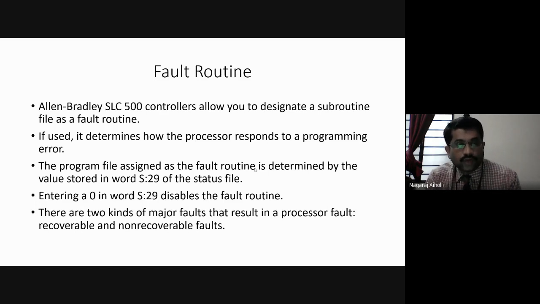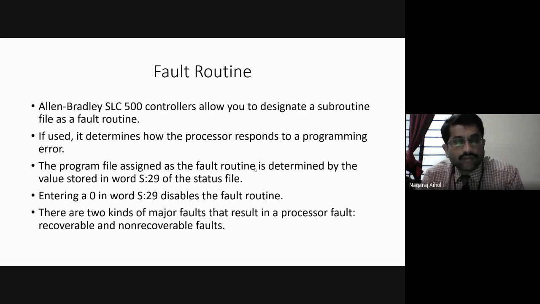There are two types of fault routines here. One is called a recoverable fault routine, another is called a non-recoverable fault routine. Recoverable means that we have analyzed the response of the PLC program for the fault which we introduced purposely, and we can easily repair that fault and overcome it.